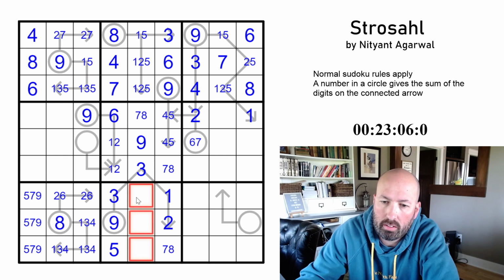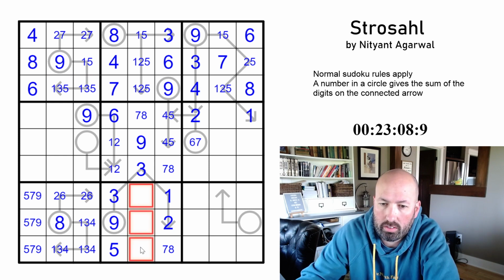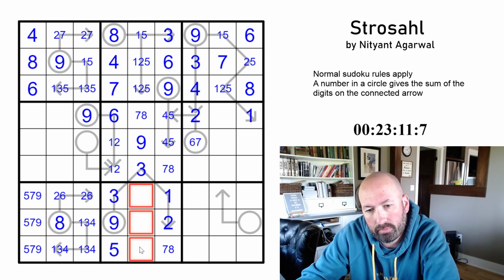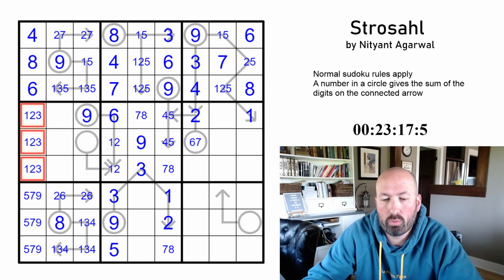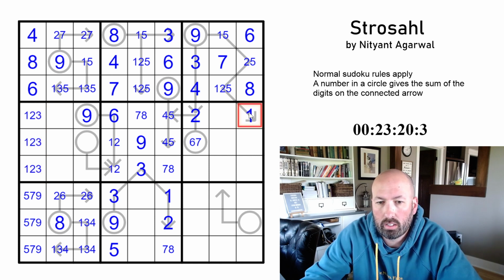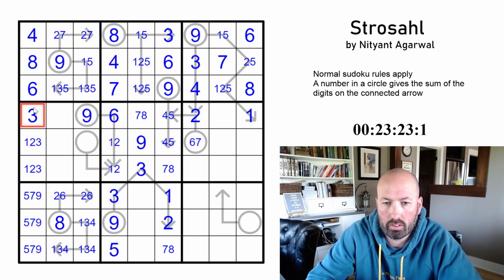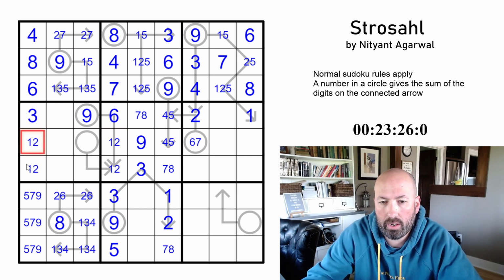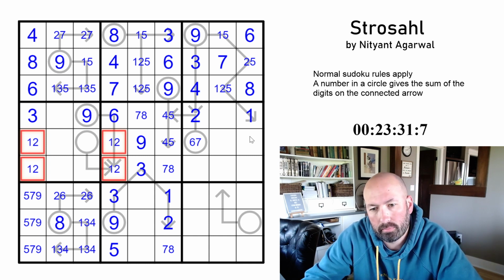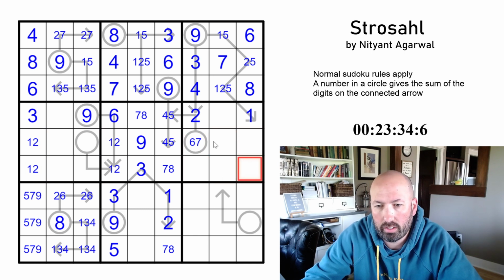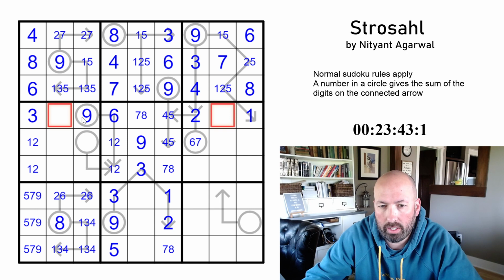This is either... So this is 4, 6, and 7 or 8. Let's see, we know these, right? This is 1, 2, or 3. So we've got a 1, 2 there. So this is the 3. Now we have 1, 2 pairs in here. I mean, that doesn't tell us too much over here, though. There's a 3 in there. 4, 5. These are 4, 5, 7, and 8. This one can't be 8. This one can't be 7, but